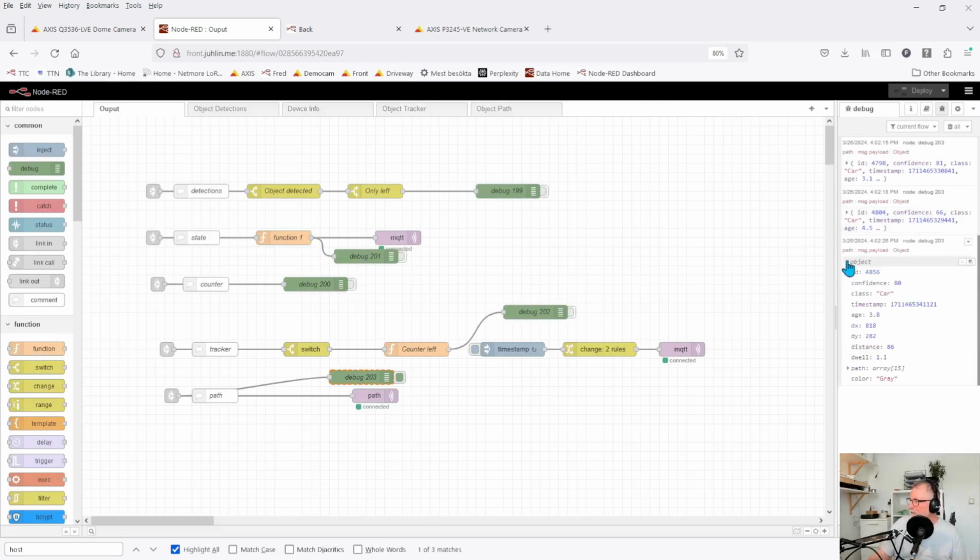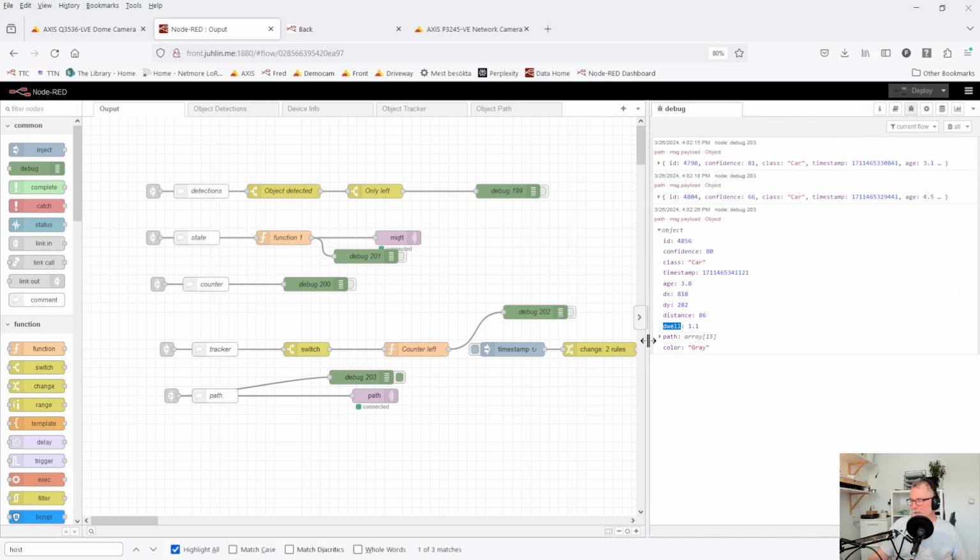And so the data structure looks a little different. You have a unique ID, you have confidence, you have what class it was, the timestamp, and this was when it first was detected, and the age was when it died, the total delta X movement and the total delta Y movement, the distance, and the longest dwell time. So it also keeps track of how long the object was in each sample during its movement in the scene. So we can see here that there were 15 positions that were sampled,